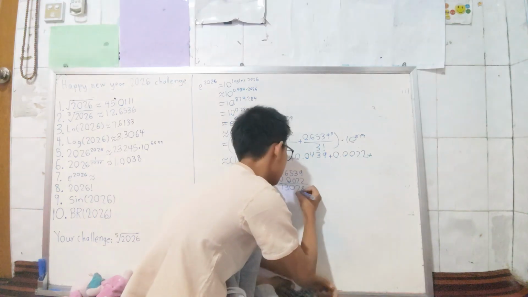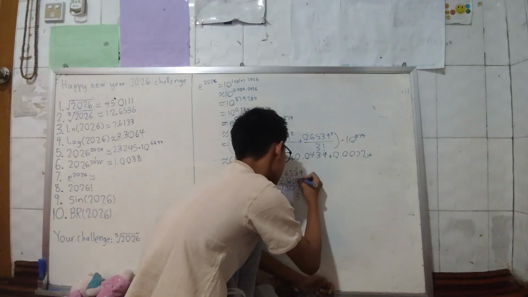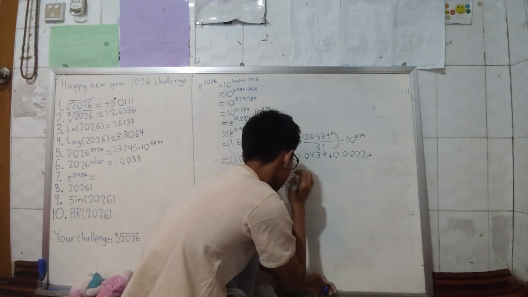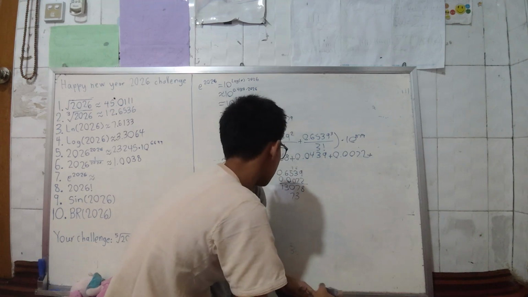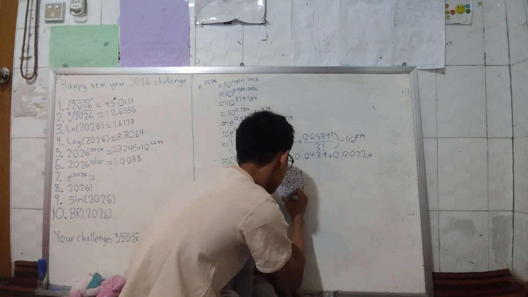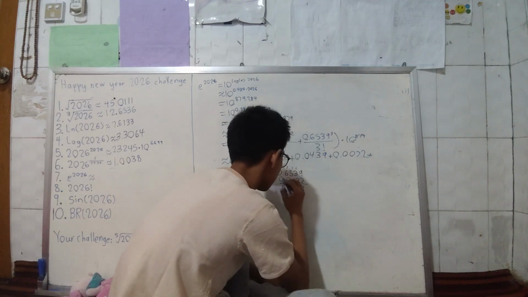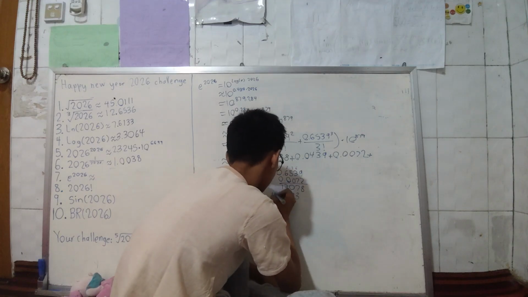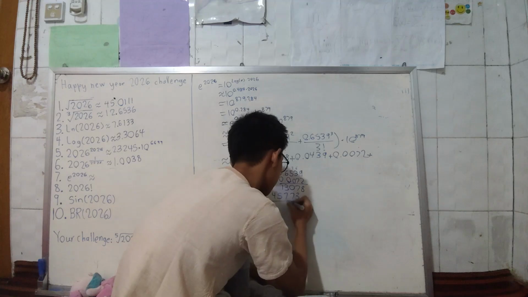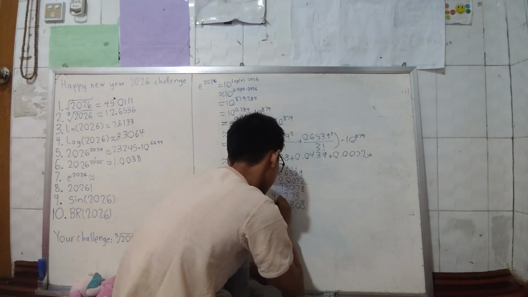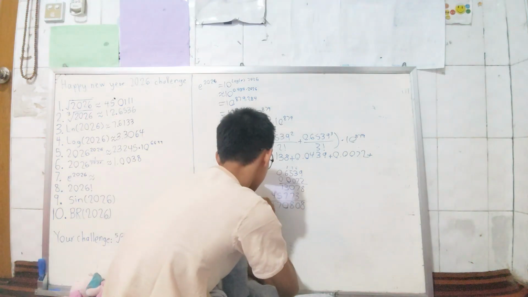So times 9 is 63, so 3 times 9 is 21, so it's gonna be 27. 5 times 7 is 35, that's gonna be 37. 6 times 7 is 42, that's gonna be 45. Zero point